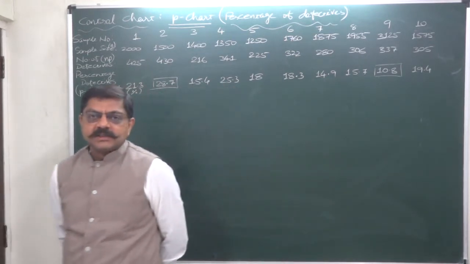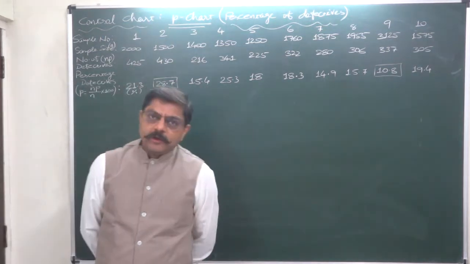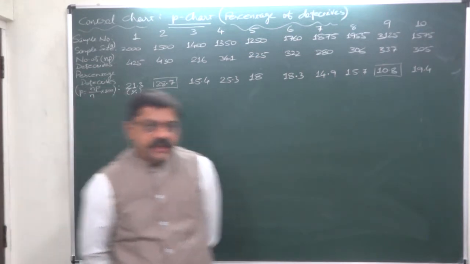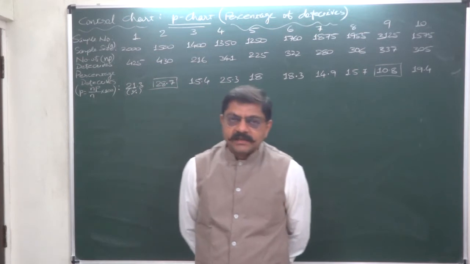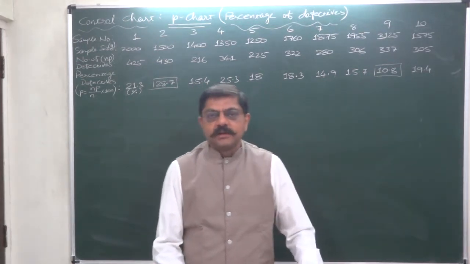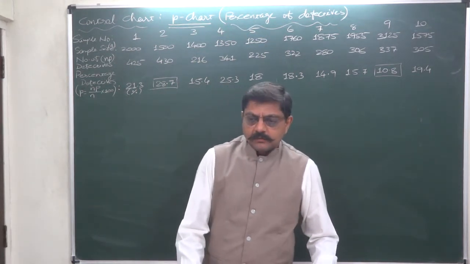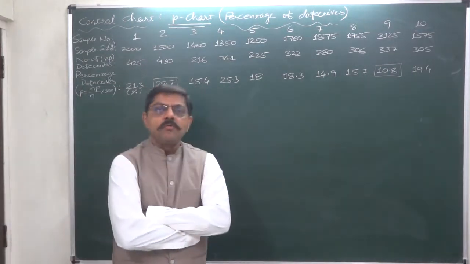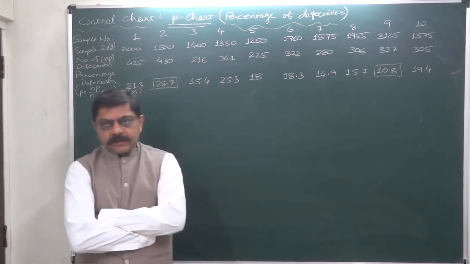We are discussing statistical quality control, and in statistical quality control we have been discussing the P-chart. Now a new variant, a rare thing, we are going to discuss. As in my previous lectures I have already stated, the meaning of P is either fraction defectives or proportion of defectives. But in some special cases, the P chart is drawn as the control chart for percentage of defectives.